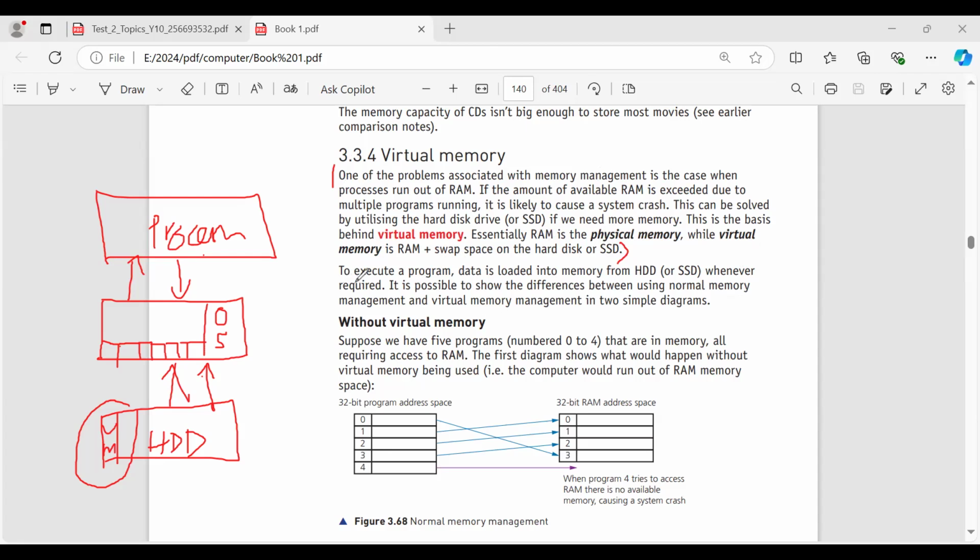Now it says to execute a program, data is loaded into memory from the hard disk. See this one? When you type data, the application opens from the hard disk, like MS Word is open here, and you are typing data. When you type the data, this data goes